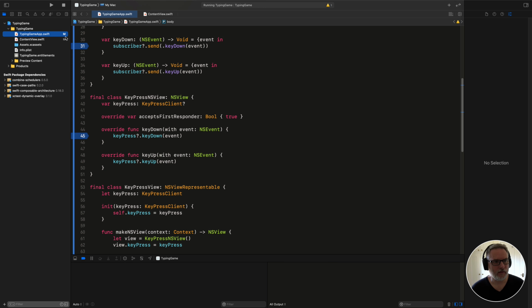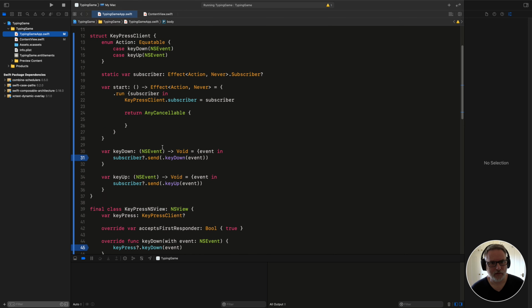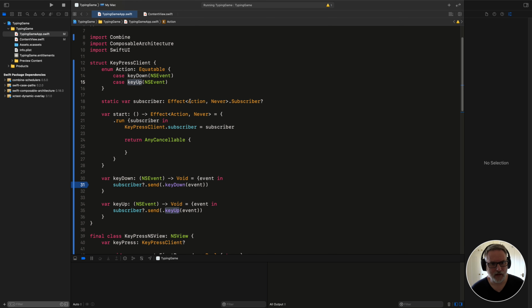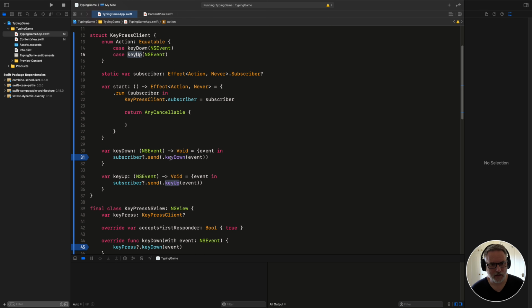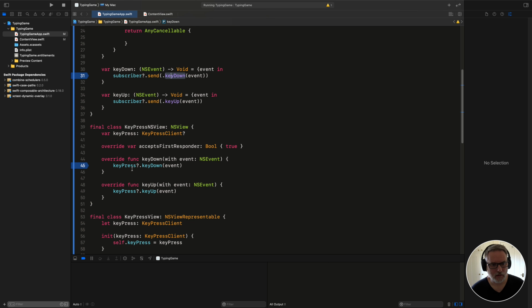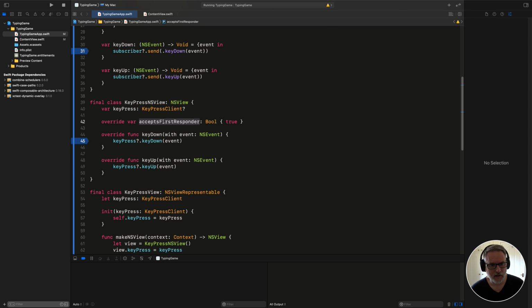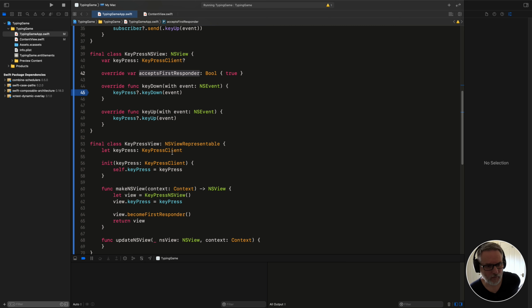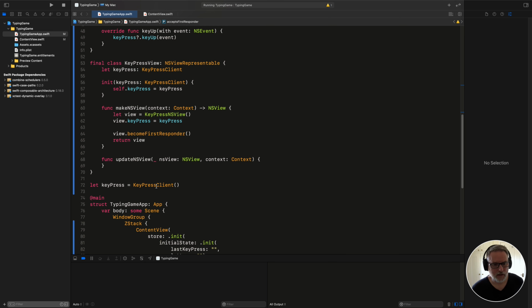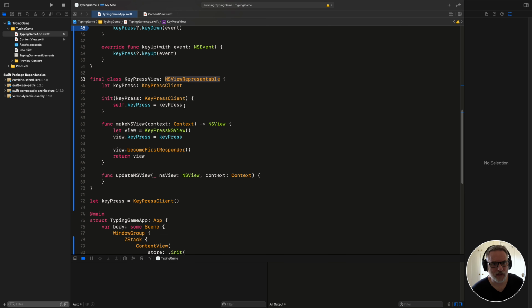So it was quite fast, but I basically built a client to generate keyDown and keyUp events as an action from this client, and they're tied into this NS view, which is made to accept first responder, and then we make that into a view representable by wrapping it up in this protocol,